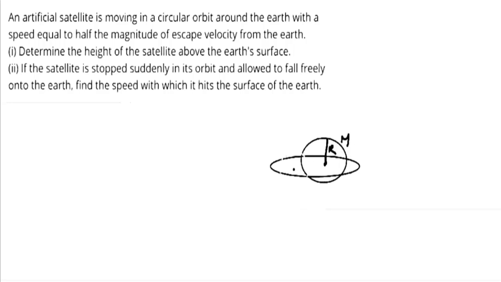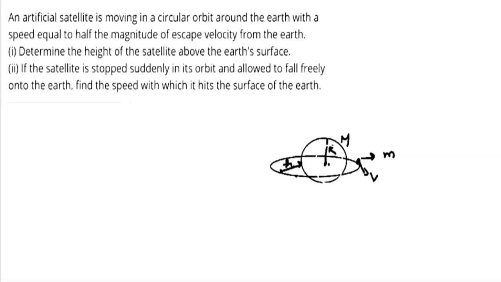And let us consider this height between the orbit of the satellite and the Earth's surface is h. So let us consider it is moving with the velocity v. If this is a satellite, we can say that its mass is m and it is moving with the velocity v. Now you know that the satellite is moving around this orbit because of the